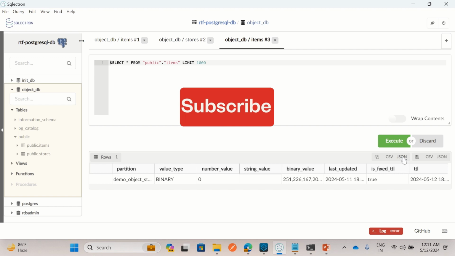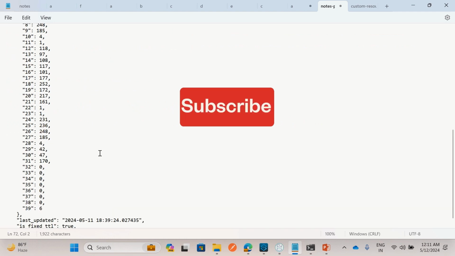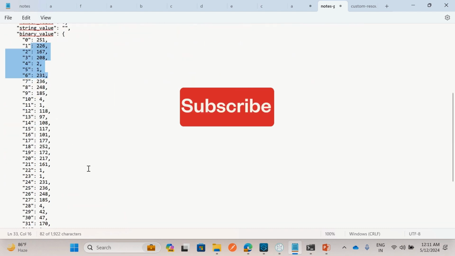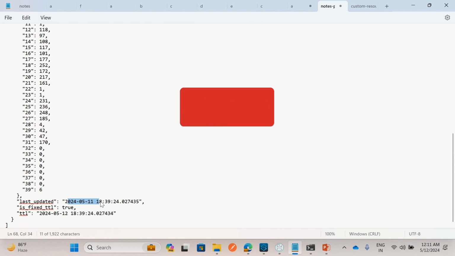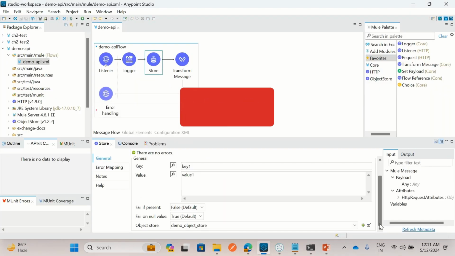Let me copy this row, items row. So this is a partition, the name of the object store that we created. Value type is binary, and this is the value. And here is the last updated date time, fixed TTL true, and this is the TTL that we provided for the object store in application right here,